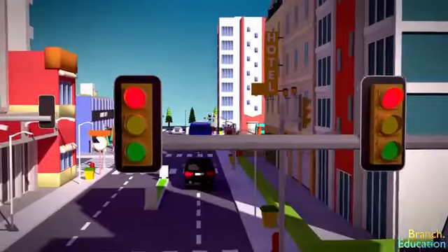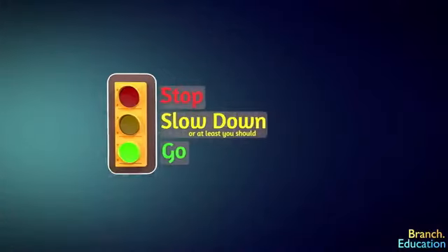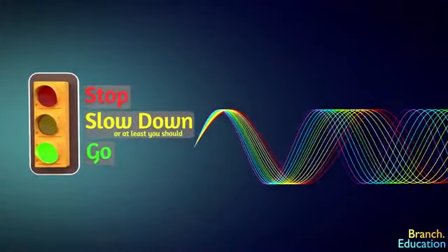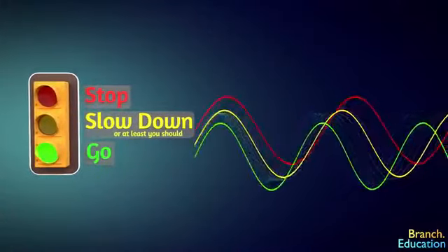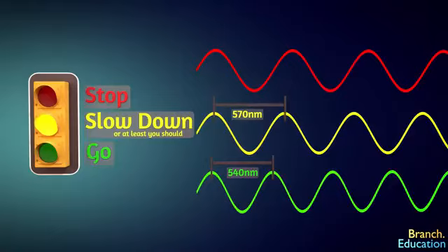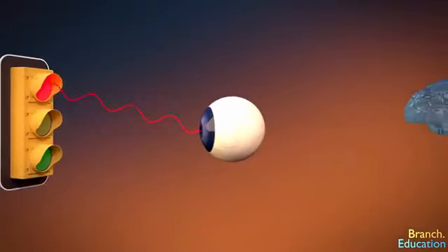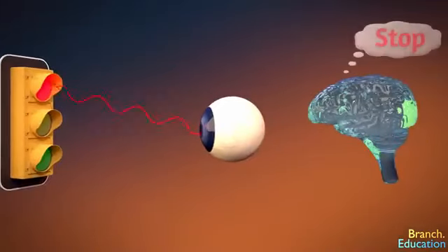When you see a traffic light change color, you recognize what that color change means. The traffic light uses a section of the electromagnetic spectrum, or light, to convey information. The green light has a wavelength of around 540 nanometers, yellow around 570 nanometers, and red around 700 nanometers. Your eyes can easily distinguish between these different wavelengths of light, and your brain interprets these different wavelengths and the